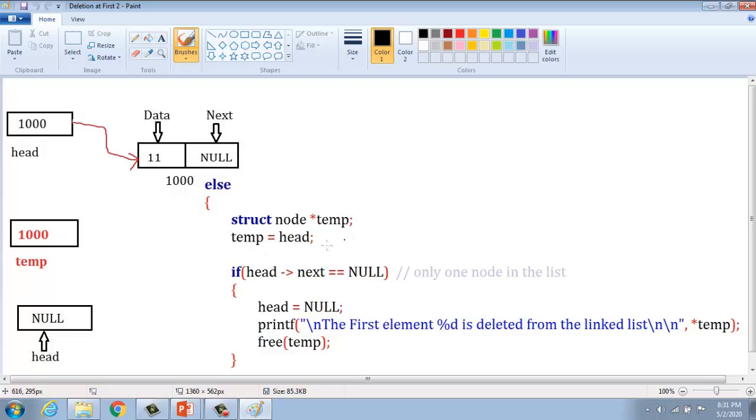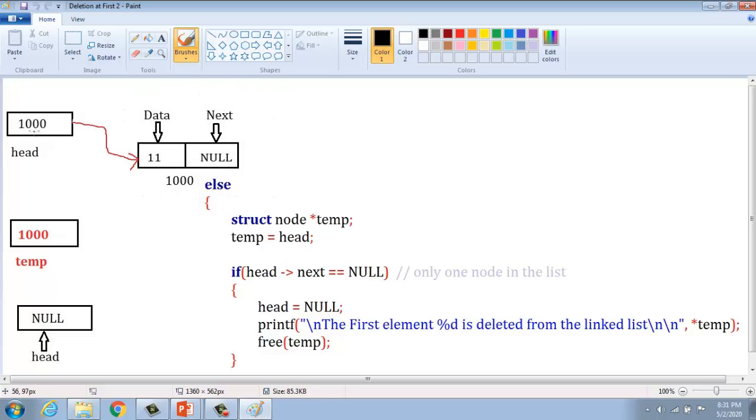I will explain these concepts later. Next, if head pointer next equals null, what does it mean? I have a single node present in the linked list. That element is 11, and null marks the end of the linked list. It seems only one element is present.